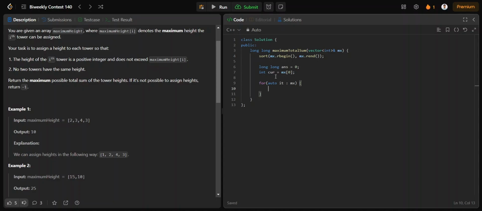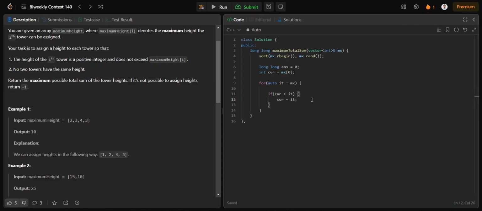So after giving 10 to the previous tower, the current maximum height that we could give will be 9. Then we can't give the 9 height to this current tower because the maximum height that we could give to the current tower is 5. So we need to bring current to 5. So first we need to check if current is greater than the tower's height, then we will bring the current